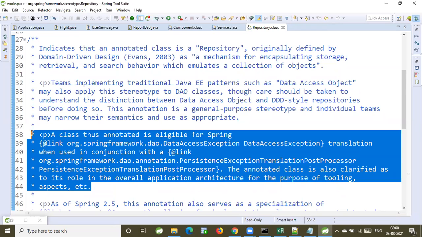Any database exception related translation functionality will be provided to your repository when you use the @Repository annotation. That is one special behavior that will be added. And when you go for service, such special behaviors are not available. I think it converts all database related exceptions into data access exceptions, and it propagates the exception to the next layer.